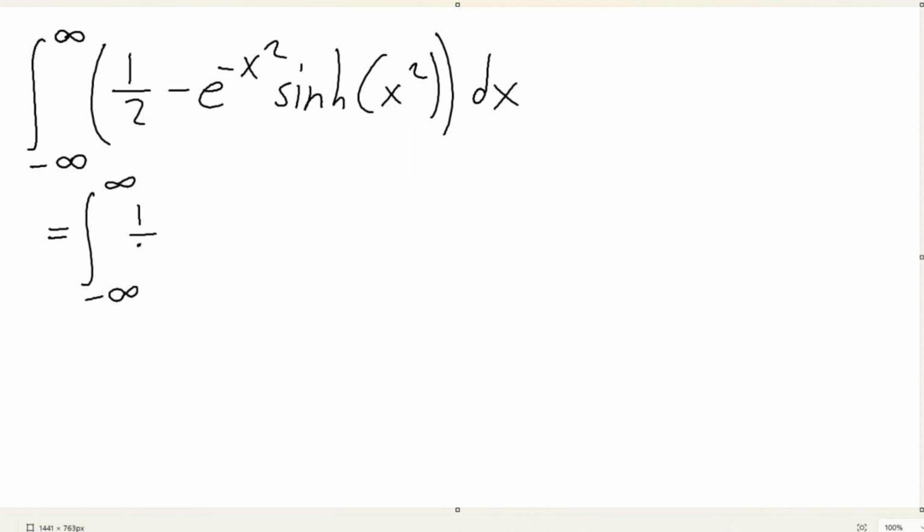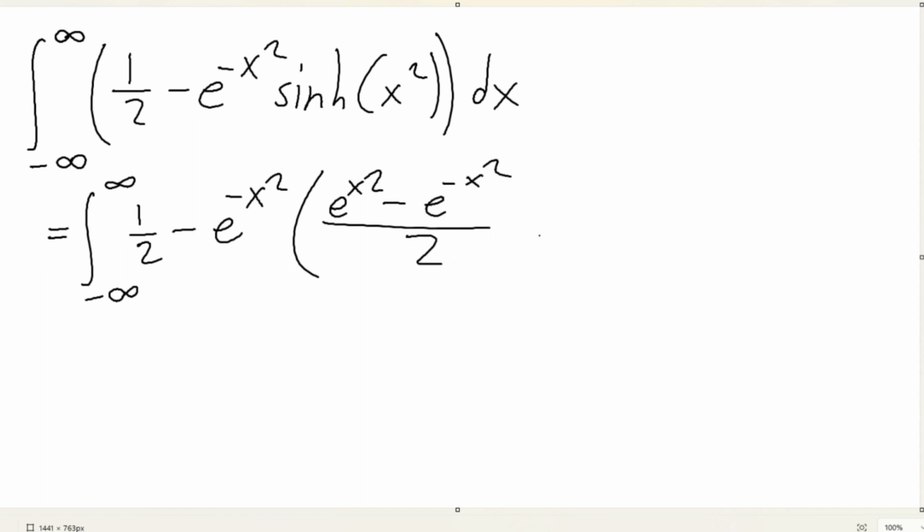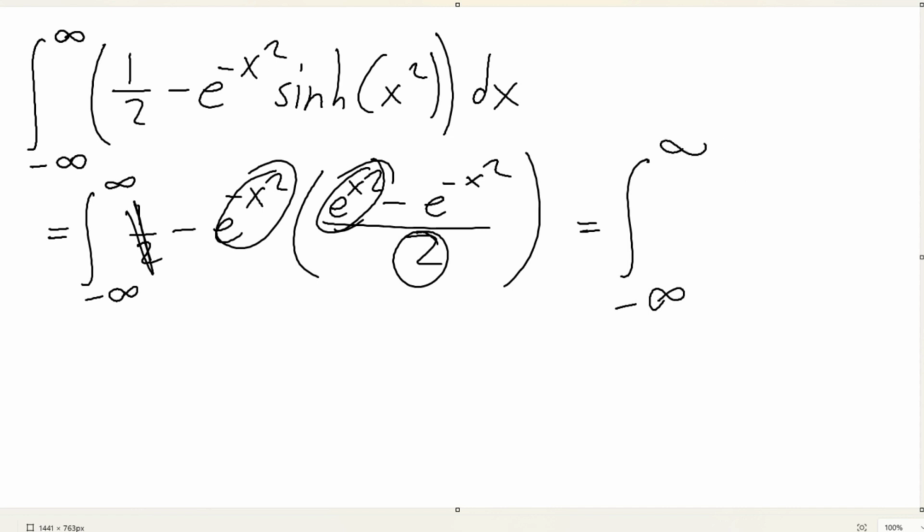We'll just leave this as a half. And here we have e to the negative x squared. This would be e to the x squared minus e to the negative x squared over 2. Now we can simplify this further. I can already see that with this and this, with the half, this is going to get canceled out. So I can already see that this is just going to be a half e to the negative x squared